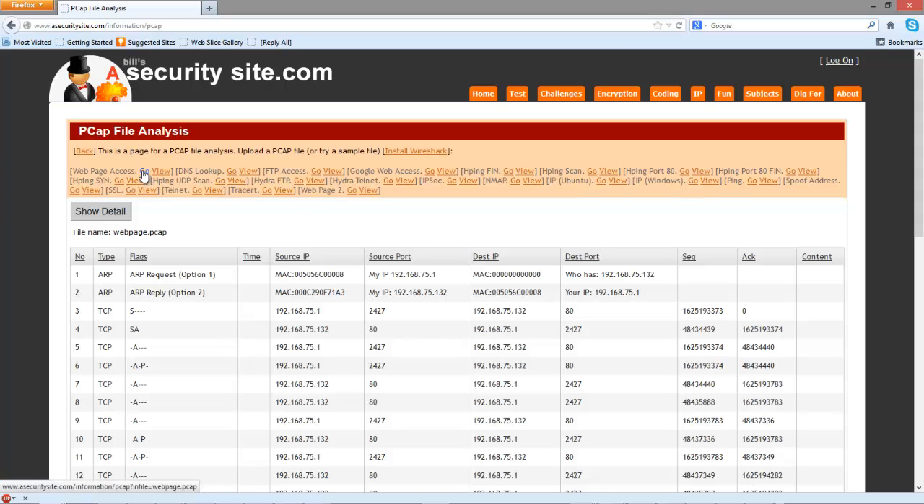So let's have a look at web page access. Okay, so if we look at this, we can actually try and make some sense of what's going on here. So there's obviously a web server here at 75.132. So the first thing that happens is that our node here, or the node that's going to access the web